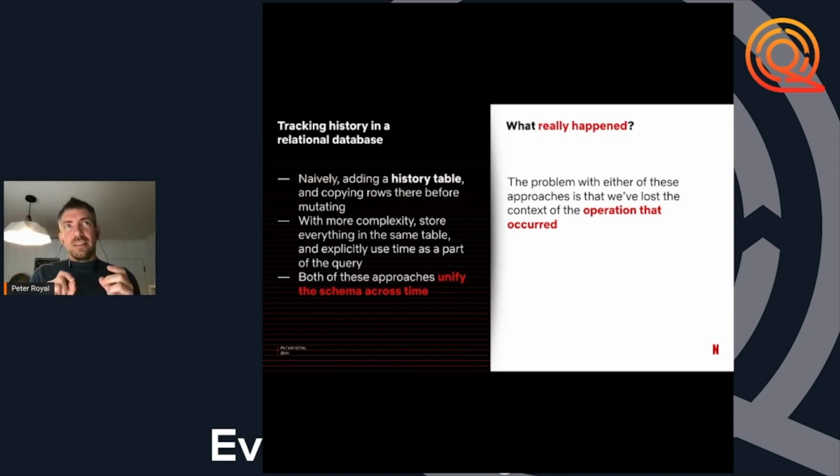This also misses a more fundamental thing: you've lost what really happened. You don't know why the change was made because you're only able to inspect the before and the after of the data itself. For a change that affected only a single row in the database, it is more straightforward to look at that and tease out what it could have been. But if you have a more complex change that affects multiple rows, the set of things that could have occurred becomes more complex, and you end up doing pattern matching in your head to try to infer what actually happened.